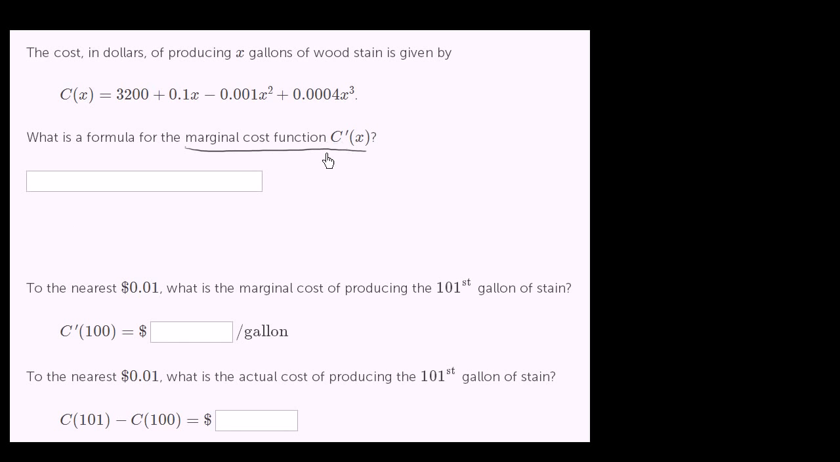So we really just have to take the derivative of C with respect to x to think about how does C change as x changes. As our quantity increases, how does our cost change? So what's the derivative of this right over here? Well, the derivative of 3,200 with respect to x is just 0. The derivative of 0.1x is 0.1. The derivative of negative 0.001x squared is going to be negative